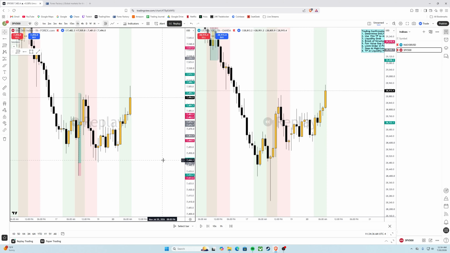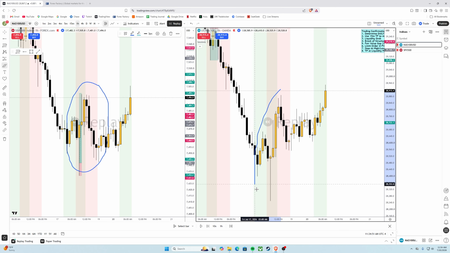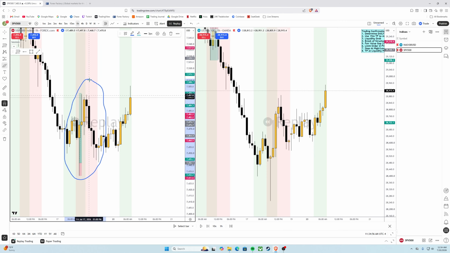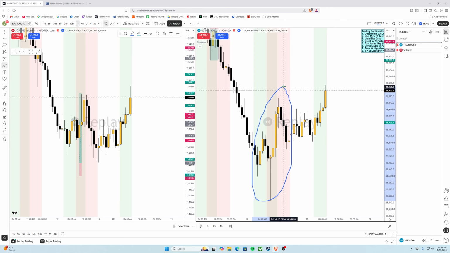Higher time frame bias is just which direction price is most likely going to go, either up or down. It's just that simple. So here we determine that on the 1 hour time frame. Previously, for the last trading day, for Friday, these were both buy days, because price was bullish, which is why here we took a buy, which resulted in a mega win of a trade, and the same setup presented itself on the Nas. So the previous day we were bullish.